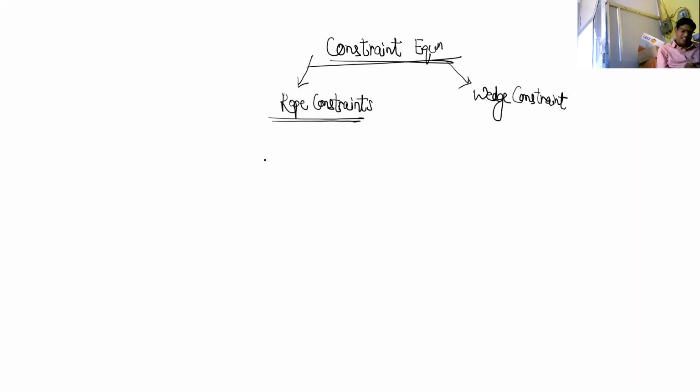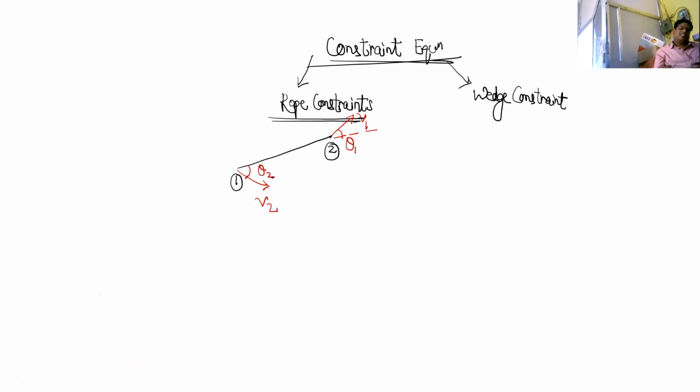That's the logic. Let's say this is a rope. This is end 1, this is end 2. Now this rope is moving, and we know this rope is not getting slackened. It is tight and not breaking. Let's say this end is moving in this direction and this end is moving in this direction. Let's say its velocity is v1 and its velocity is v2. This angle is theta 1, this angle is theta 2. Now we know the length of the rope has to remain constant. So along the length of the rope, the end points must have the same velocity.